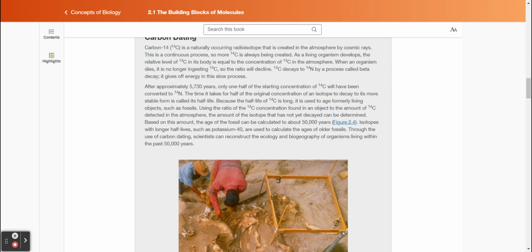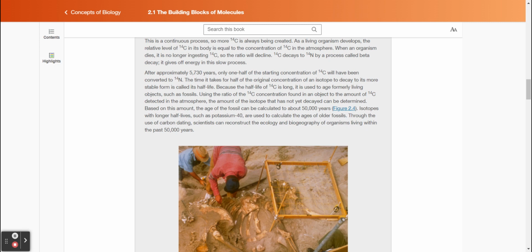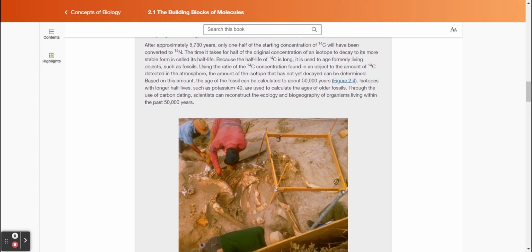Carbon-14 decays to nitrogen-14 by a process called beta decay. It gives off energy in this slow process. After approximately 5,730 years, only one-half of the starting concentration of carbon-14 will have been converted to nitrogen-14. The time it takes for half of the original concentration of an isotope to decay to its more stable form is called its half-life. Because the half-life of carbon-14 is long, it is used to age formerly living objects, such